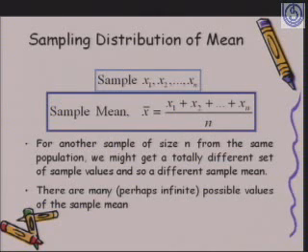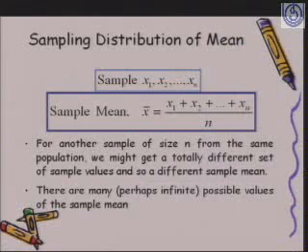What is meant by this statement, that there are infinite number of values possible for the sample mean? Now suppose you take a population of say 100 and you want to choose a sample of 5 from that population. Can you tell me how many samples would be possible? The answer is there would be 100C5 combinations of samples that you can make if you want to choose a sample of size 5 from a population of size 100, and this number is very big. So for each different sample you would have a different sample mean,